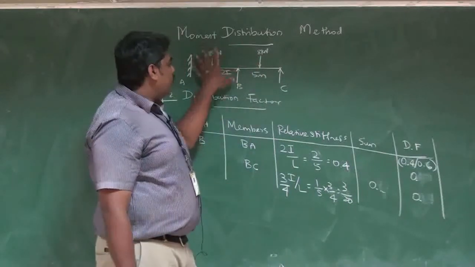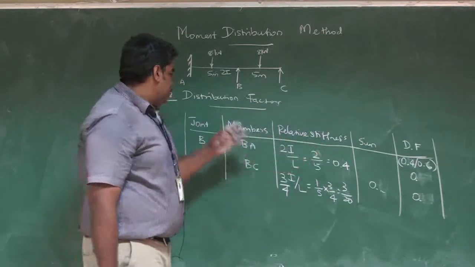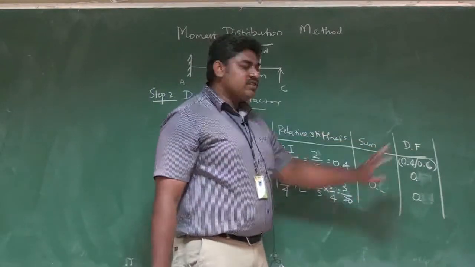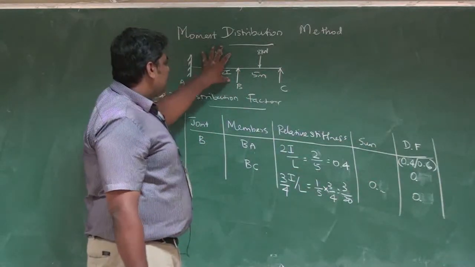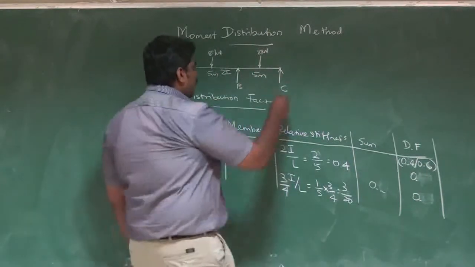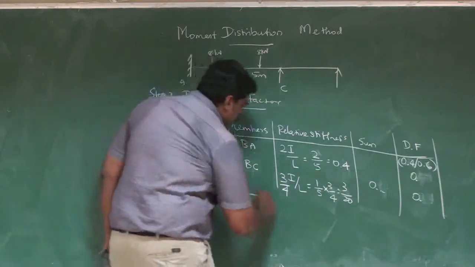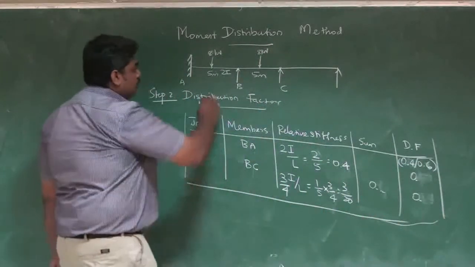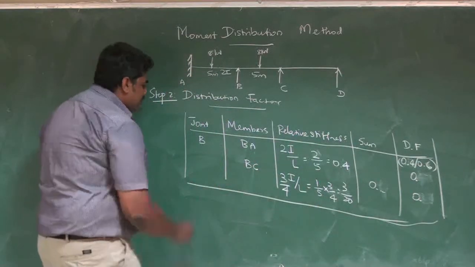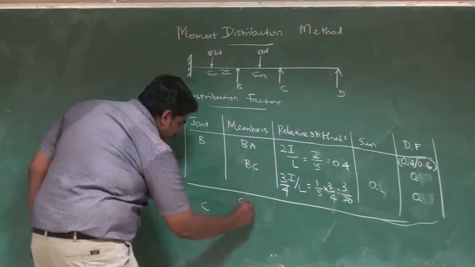So this is how you have to utilize this particular table. This table is common. You have to have these split ups. First will be joint, second one will be members, third one will be relative stiffness, sum and distribution factor, right? But this is a case where we have one fixed end, one continuous and one simply supported end. Assume we have one more span, right? If we have two spans, there will be three joints under consideration, two joints, right? Assume this is D. This is a last end where there won't be any distribution, right? So one more joint will come here, joint C, and you have to distribute between CB and CD,